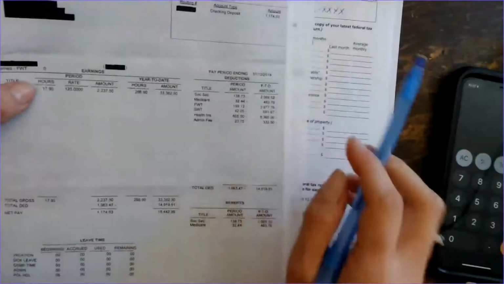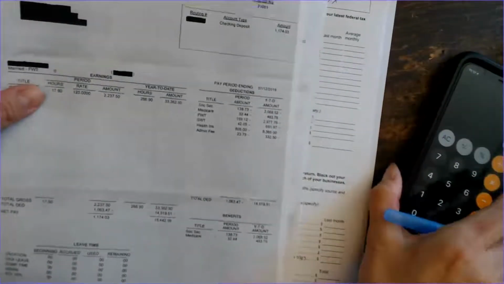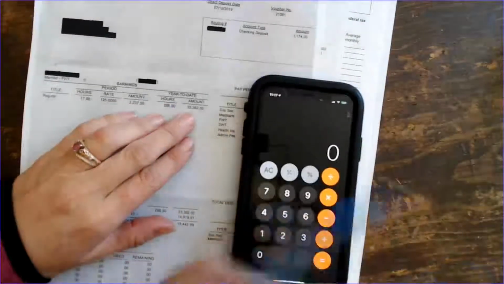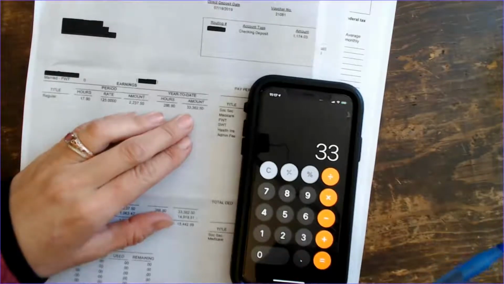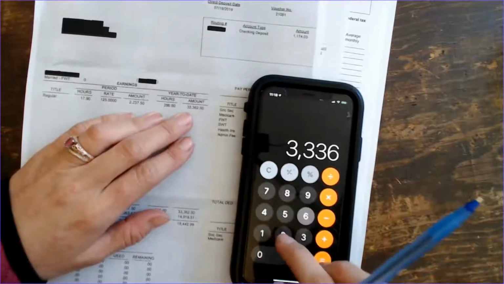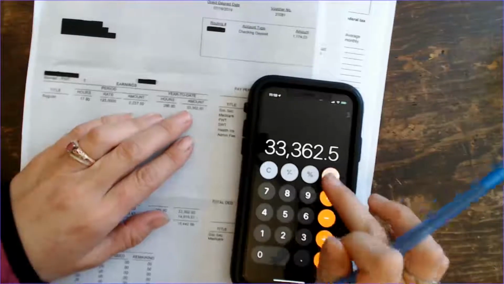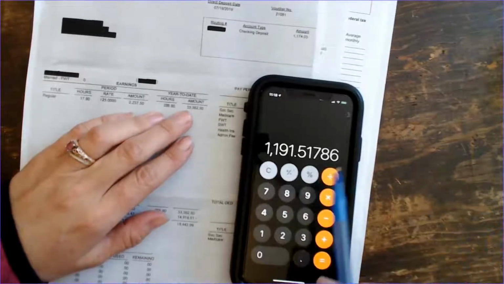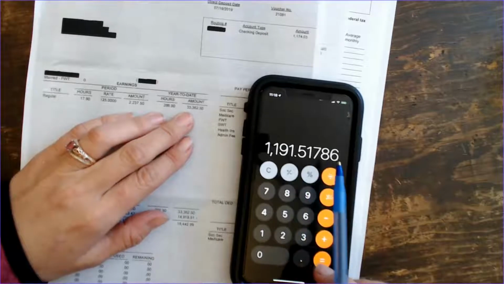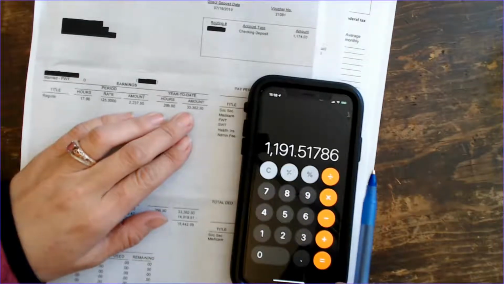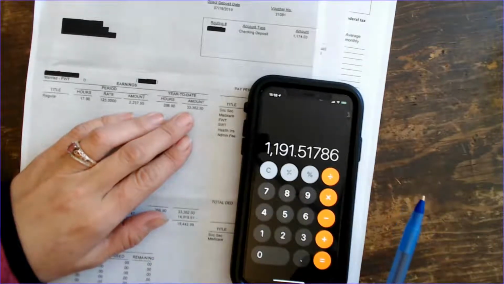But I can figure the average monthly income, and I can do that by taking the year-to-date amount of 33,362.5, and I can divide it by 28 weeks. So that gives me a weekly total of just shy of